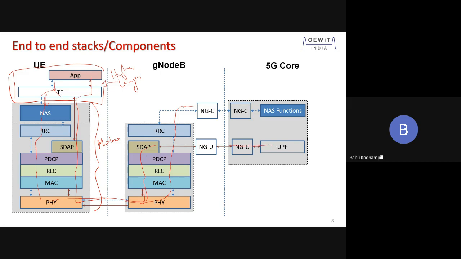Now I think the question was there earlier on SDAP functionality. SDAP is a layer 2, it's just that it is above the PDCP, and that is the one which passes on the packet to the UPF. So for the user plane, there is no layer 3 inside the base station. Layer 3 is only IP, as we have always seen. So all the data packets go through the network layer, layer 2, PHY, layer 2, and to the UPF as such. So this gives an overall picture of how the different information packets run from the UE to the core,